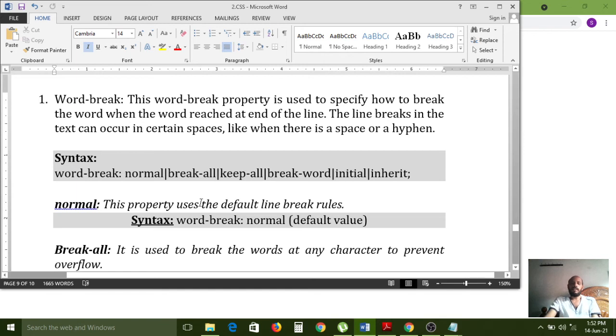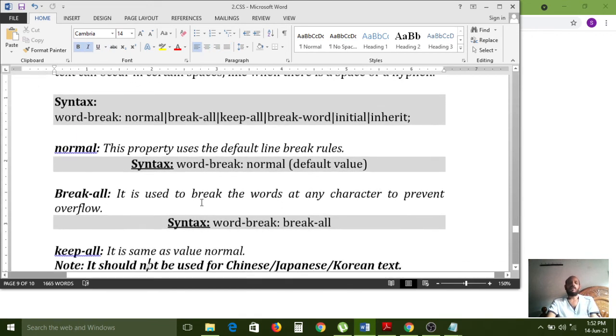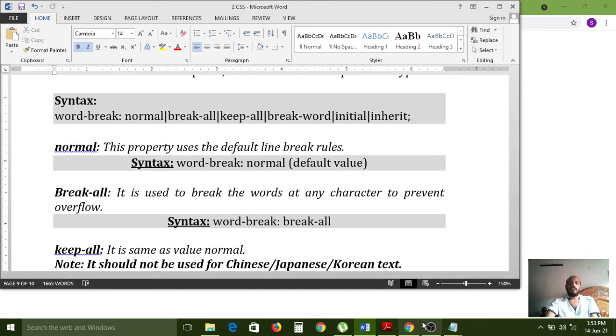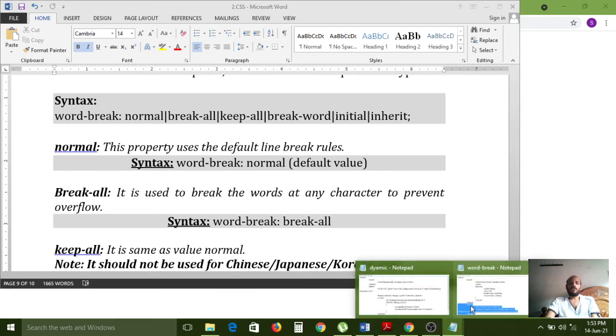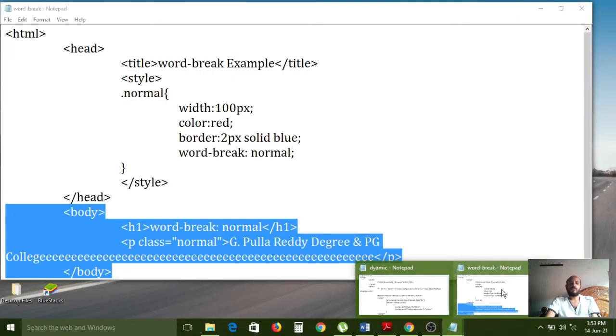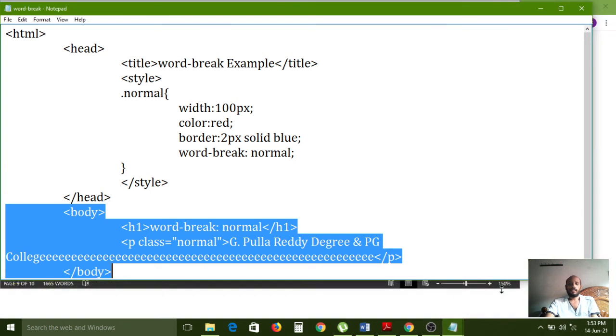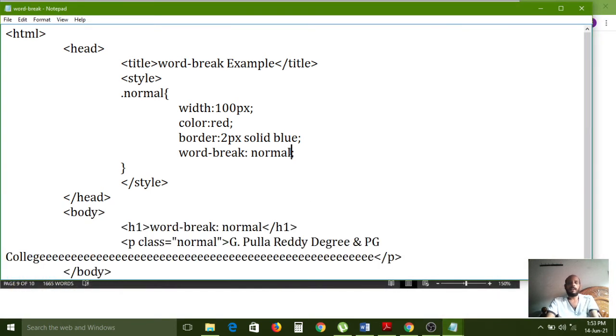Now the second value we have to see is break-all. Instead of normal, I am changing it to break-all.